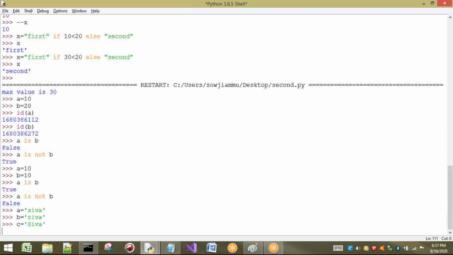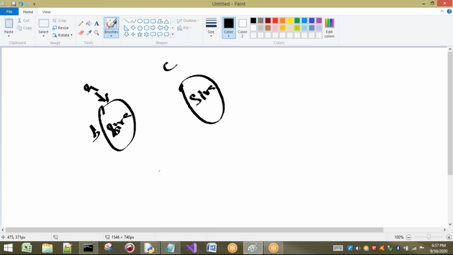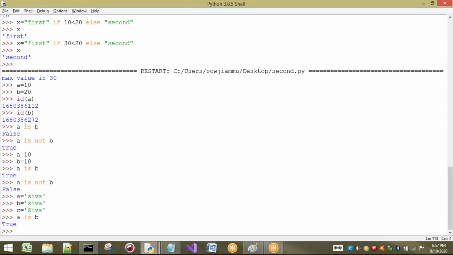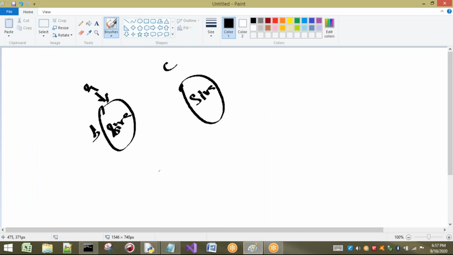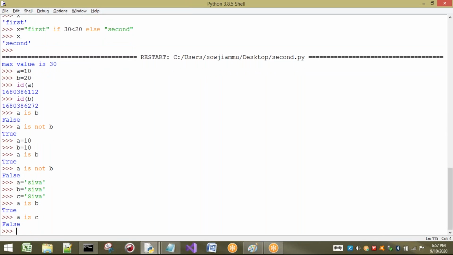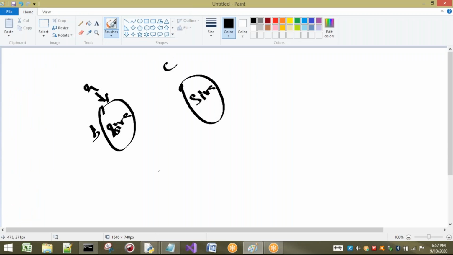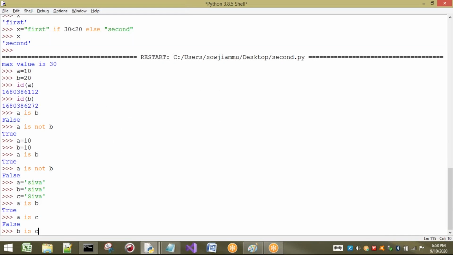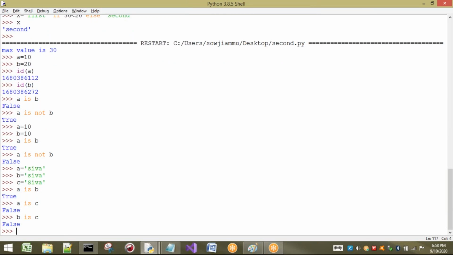Okay. Right. Now see, I want to check A is B or not. You can check here. Yes, A and B are the same. So the answer is true. Now A is C or not? Are both the same? No. That means we are going to get false. Now once again, I want to check B and C also. B is C or not? A, B are the same, we can consider both have the same identity, but C has some other different identity. So B is C is also false.